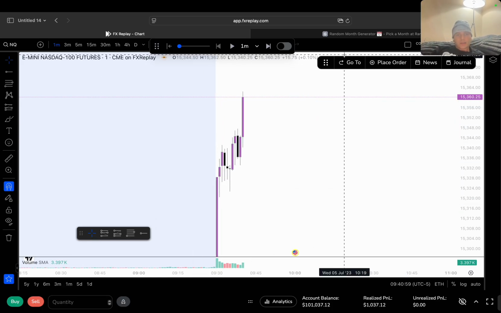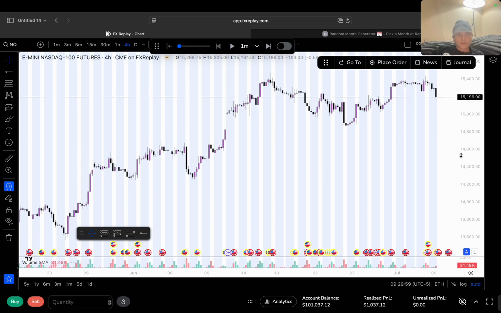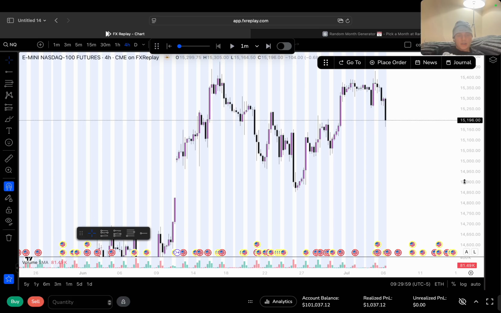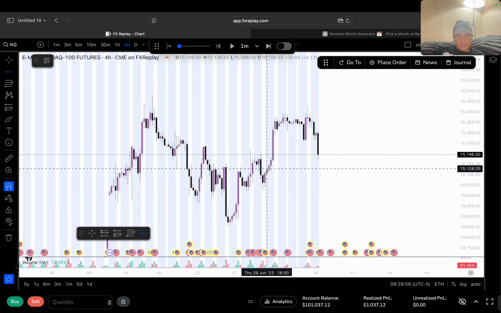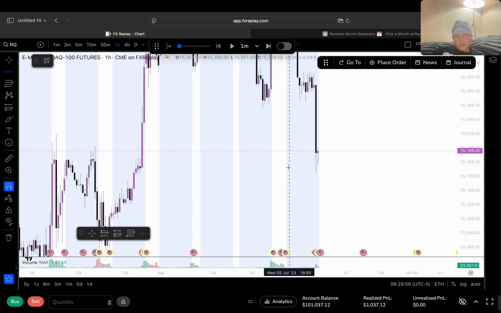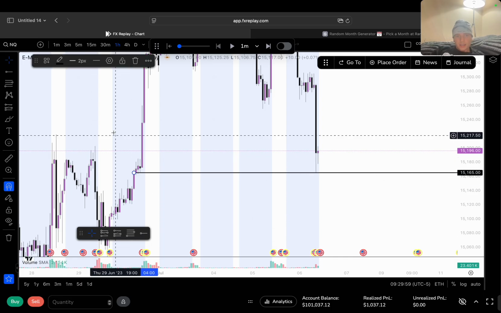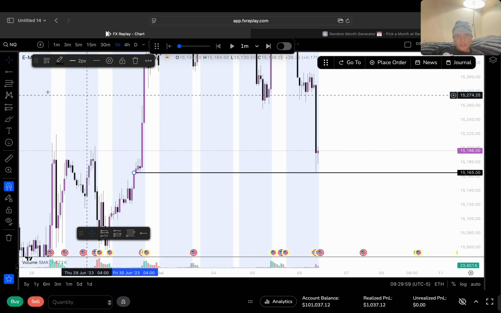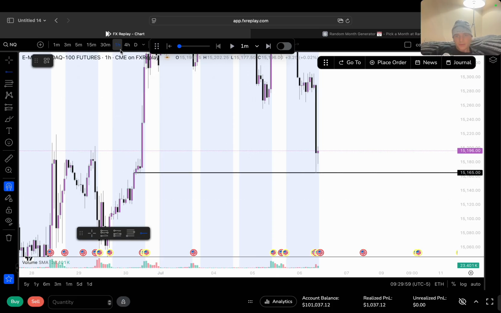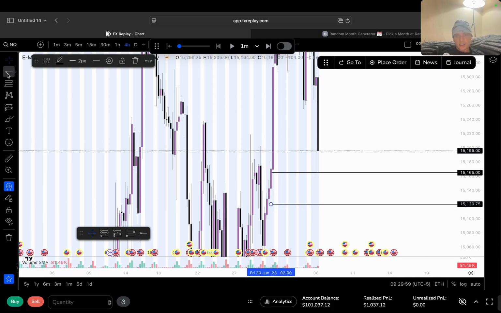All right, let's go to the next day. And another gap as well. What is up with this? It already took out that. Let's see if there's any fair value gaps here. Okay, I already tapped into that though. All right, I really don't like the price action today, to be honest. Doubt I'm going to take anything.